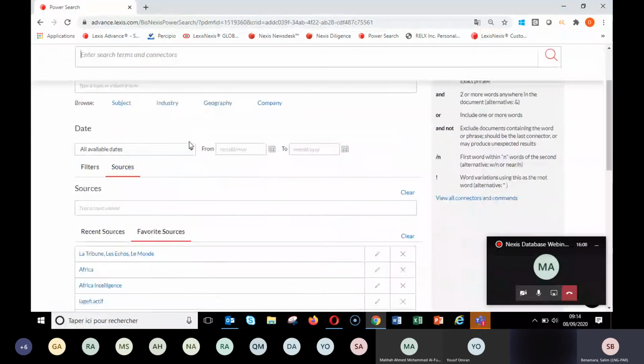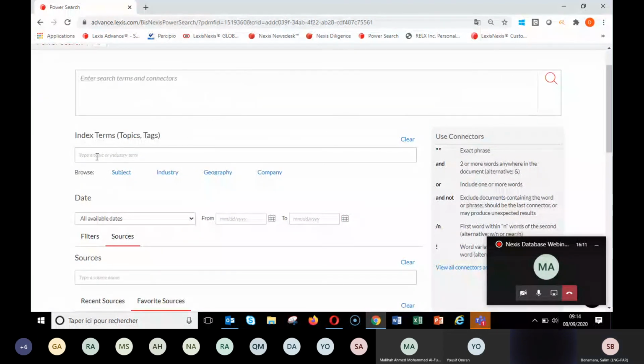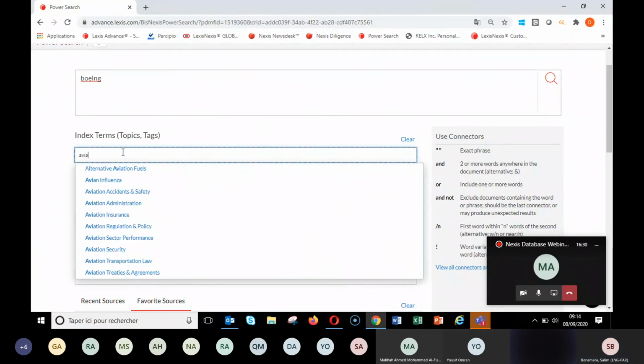So here you also have some options, like index terms, which will allow you to perform a search for a specific subject. Let's say as the first search I want Boeing, but I don't want Boeing for all the news. Maybe I want only Boeing for the aviation military equipment. I'm going to see if this subject exists, aviation. The index terms are provided and performed by our team, so they work to enrich this database. So you say, for example, I want only accident safety, regulations, sector safety, transportation law, for example,